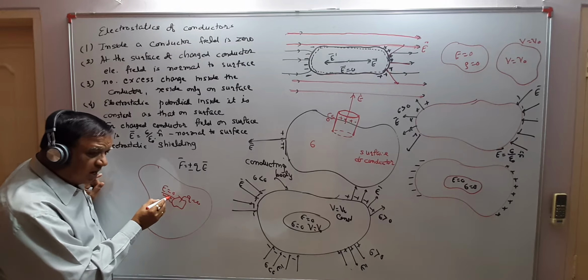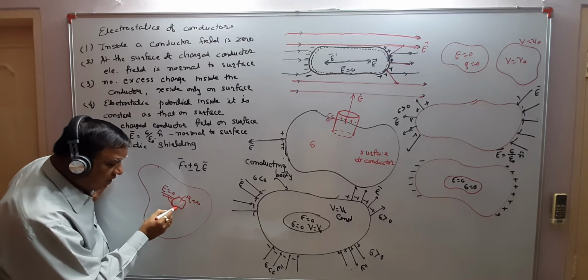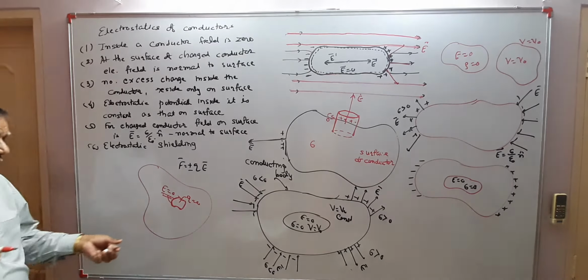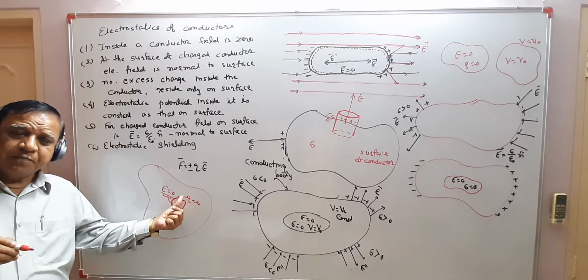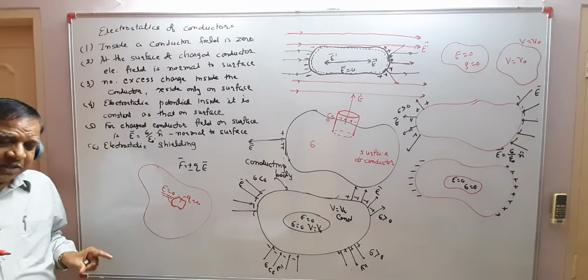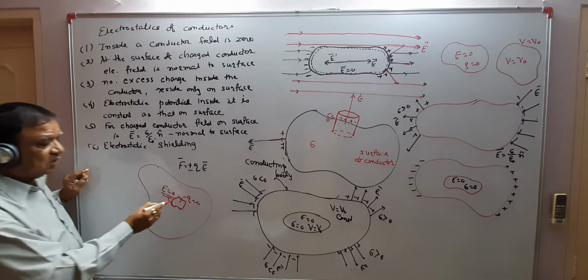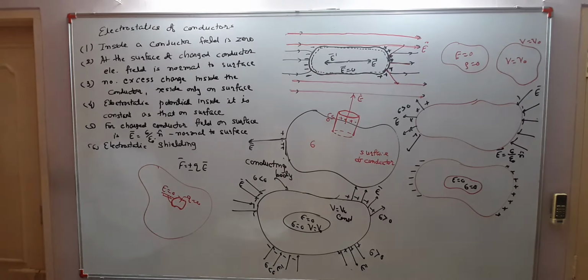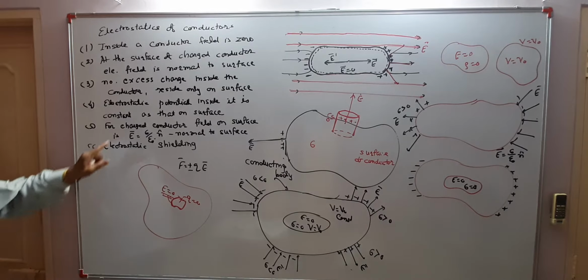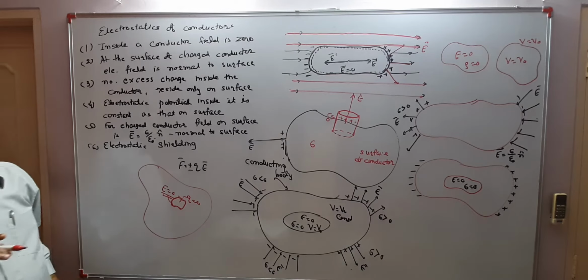E is 0. Applying Gauss law, Q is also zero. It means for the volume segment we have taken, we take a Gaussian surface enclosing the volume segment. Then applying Gauss law, E is equal to 0, so Q must be 0. So we can say charge resides only on the surface, not inside the surface or inside the metal. So it resides only on the surface.